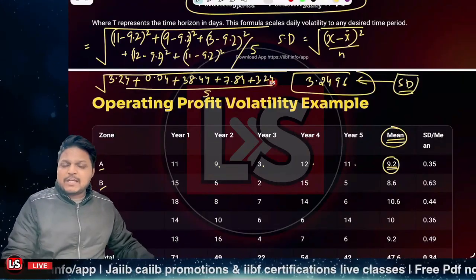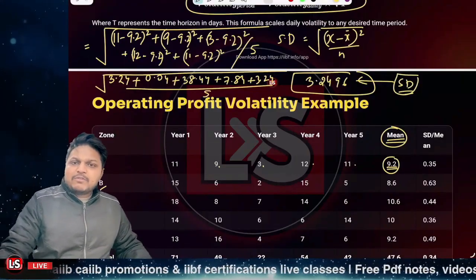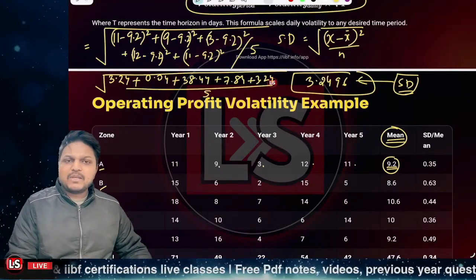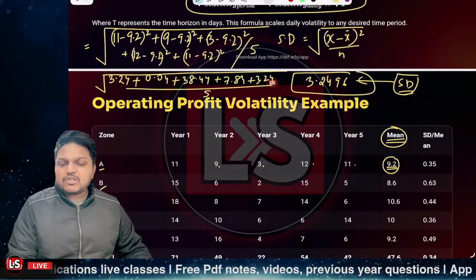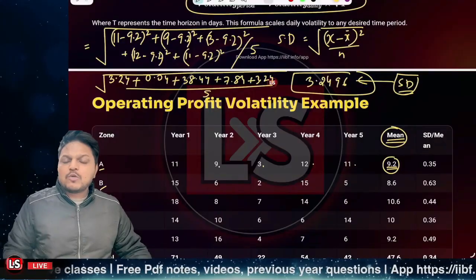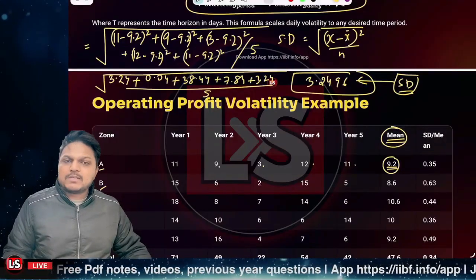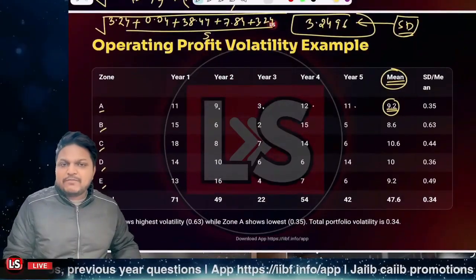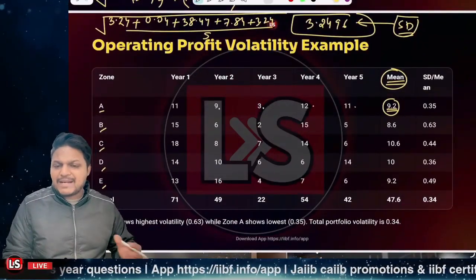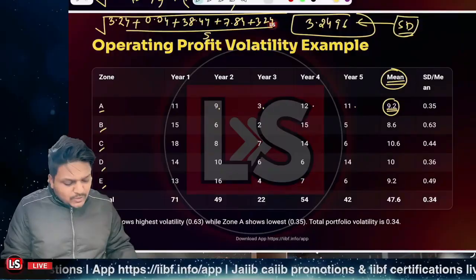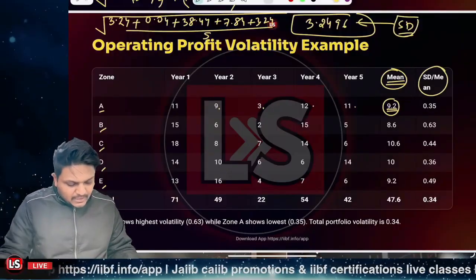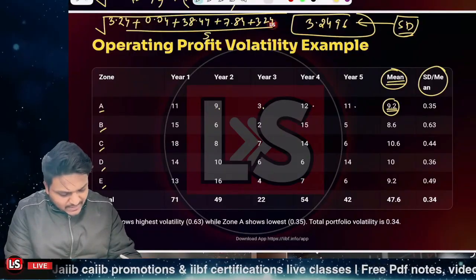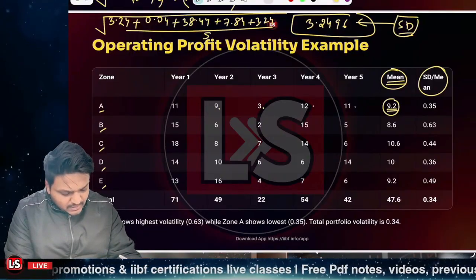And let me tell you one more point. Whenever we are checking one single particular zone or one particular industry, we find the standard deviation, and it can tell us which one is more volatile or which one carries more risk, right? But when we are talking about multiple zones and we are to compare them, an inter comparison is to be done. In that scenario, one last term is to be calculated.